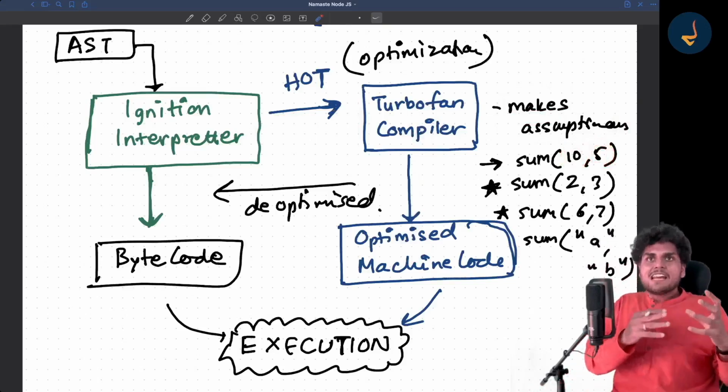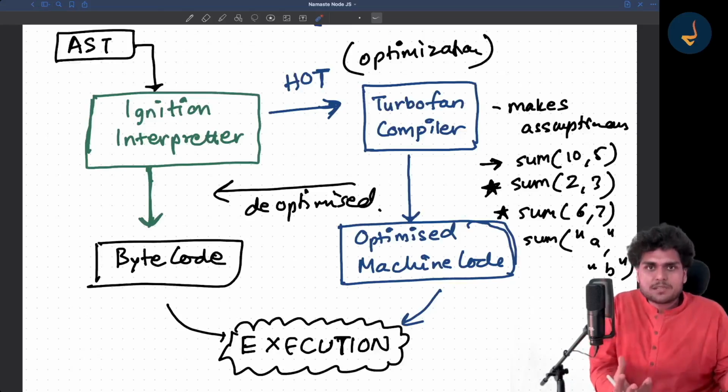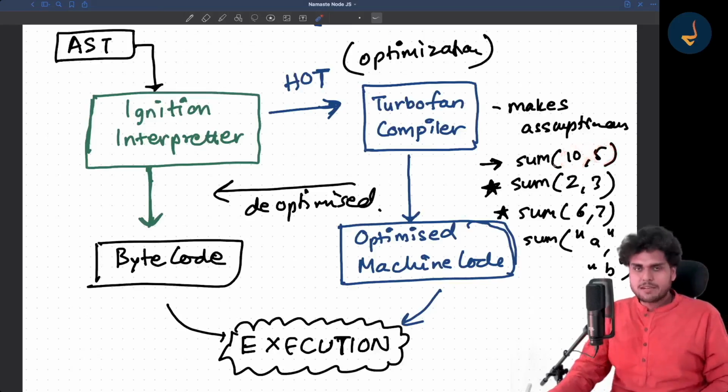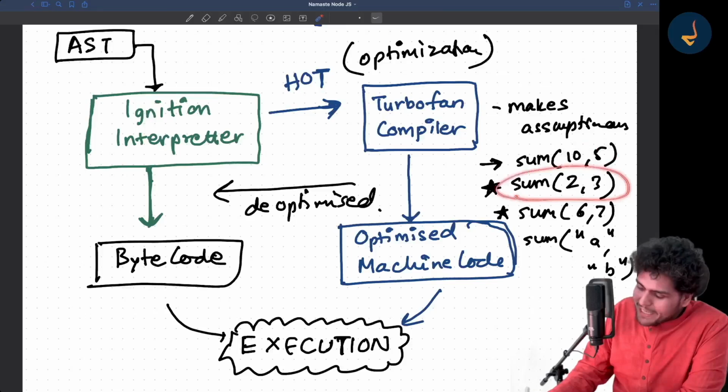It generally makes assumptions about types. So it assumes the sum function will take two numbers. If you keep passing in numbers, these statements will execute very fast.